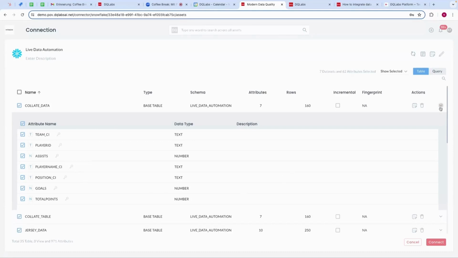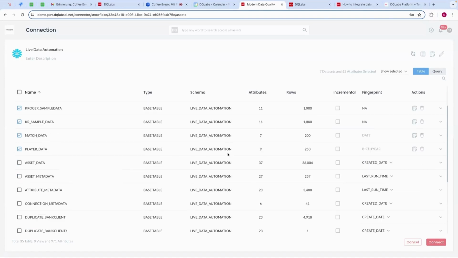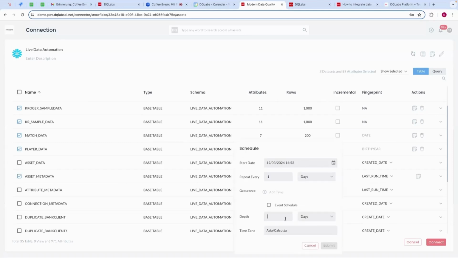Now the sampling, as I told you before, can be done on rows as well. So using this incremental feature here, for any sort of transaction table with a column with date, time data type, we can use this incremental feature where you can select the depth of how much data you want to ingest in terms of date or time. So for example, if I just select this table here, I can select the depth in terms of number of days,